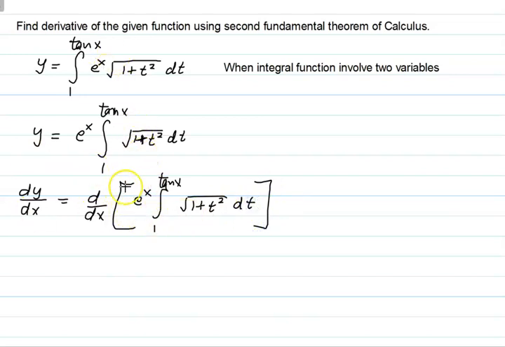So we can see here these are two parts. One part is having the x variable, the other part is having the t variable. So we can apply the product rule of derivatives, which says take the derivative of the first part keeping the second one the same. Here the first part is e to the x, so the derivative of e to the x is taken and the second part is written as it is. The second integral part is written as it is, plus